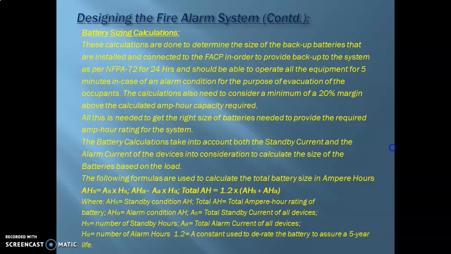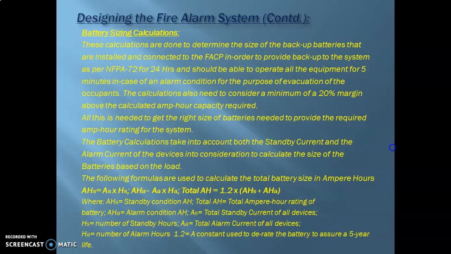Now where AHS is the standby condition ampere hour, total AH is the total ampere hour rating of the battery, AHA is the alarm condition ampere hour rating, AS is the total standby current of all devices, HS is the number of standby hours, AA is the total alarm current of all devices, HA is the number of alarm hours, and 1.2 is a constant that is used to derate the battery to assure a 5-year life, or in short, it is the derating factor, as I mentioned previously.